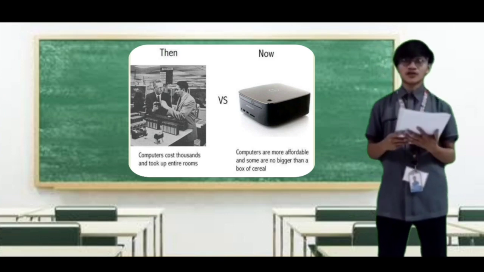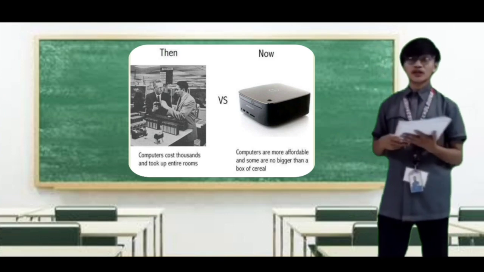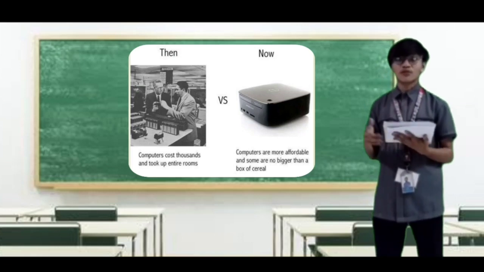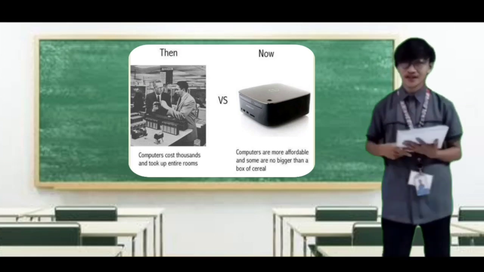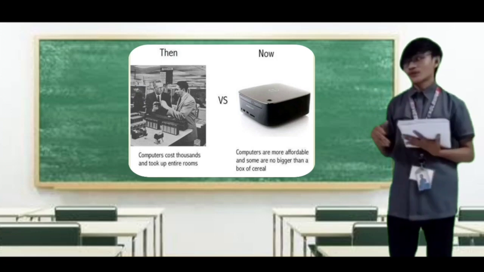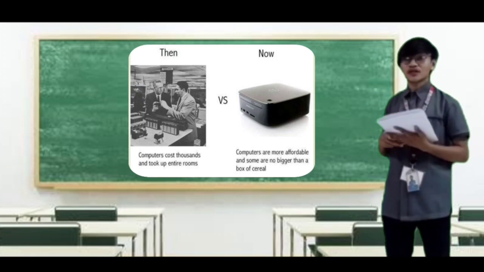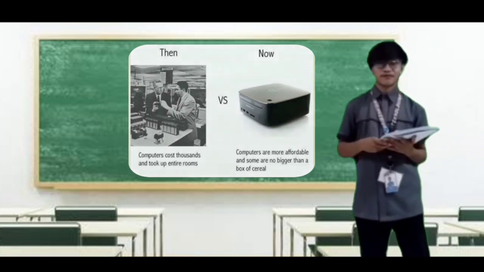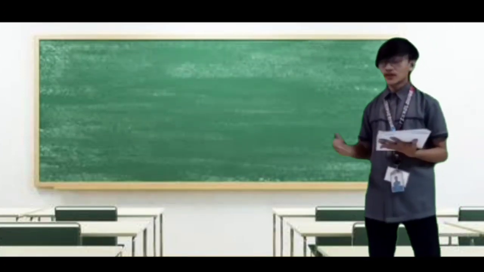So as you can see in the image, computers cost thousands and took up entire rooms, just like ENIAC, which occupied an area of 167 square meters. And as you can see now, computers are more affordable and some are no bigger than a box of cereal. Okay, so the next one is,